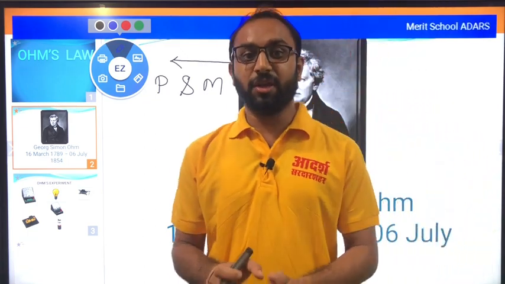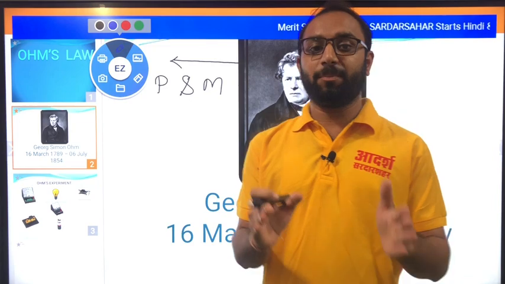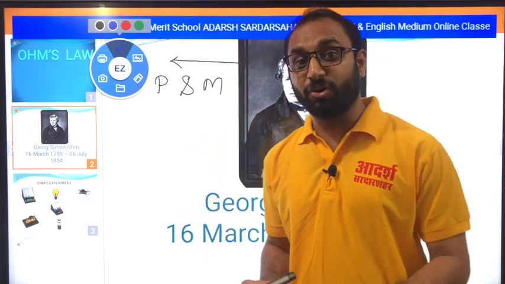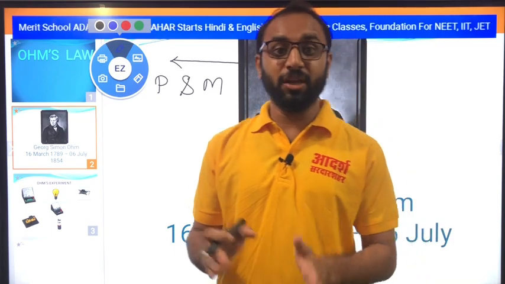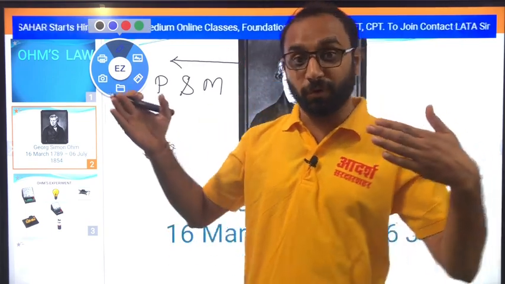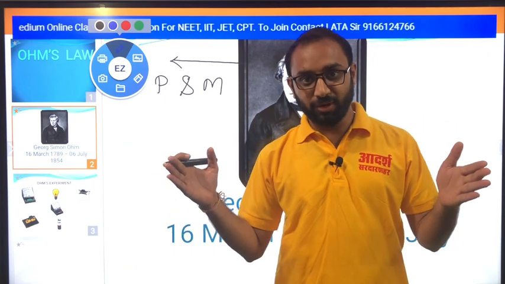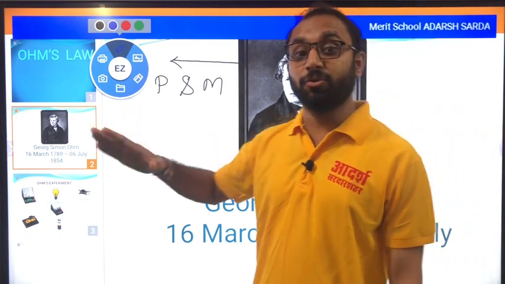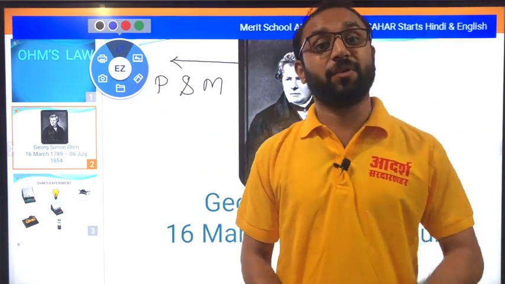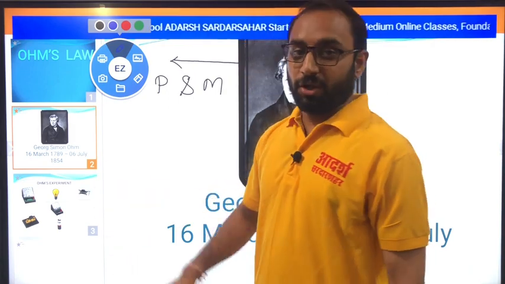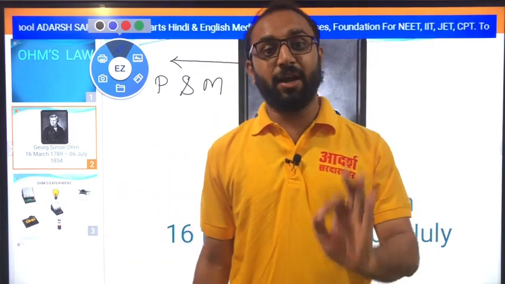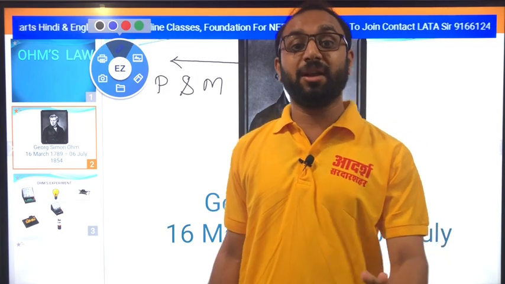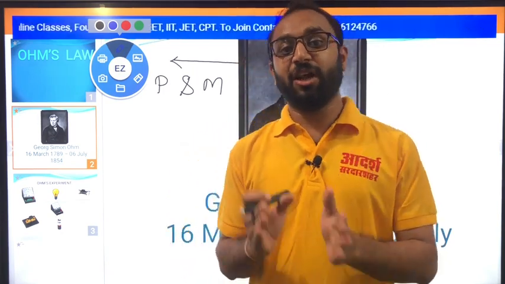and drift velocity. When we apply potential across a conductor, then due to the drift velocity, charge flows from one point to another point, from P to Q. That is how current is produced. Then Ohm introduced how current depends on the external electric field or potential difference. He proved it by experiment, and after that he showed the mathematical relationship between potential and current.